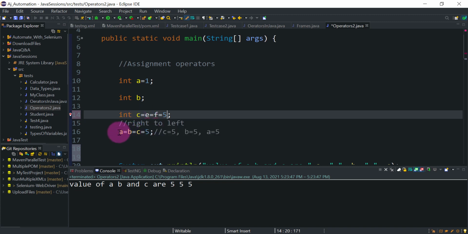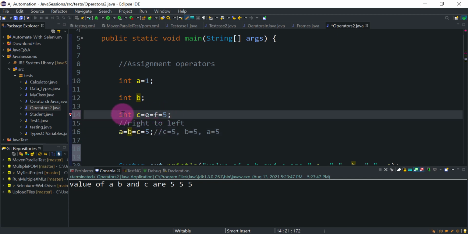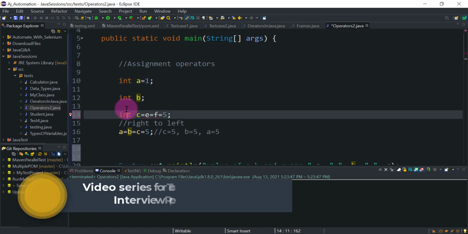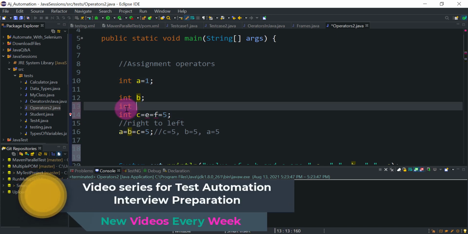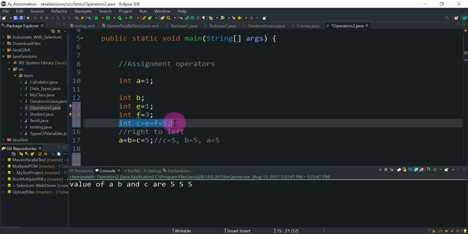Here we are performing the same kind of operation, but we can see this variable b and this variable a are already declared here. That's why we didn't get any error for this expression. But when I try to do the same for integer c, then these variables e and f are undefined in this Java program. That's why we are getting the error. So first of all you need to declare these variables first. So integer e equal to, let's say, 1, and integer f equal to 3. If you declare those variables, then you will not face any error, right?